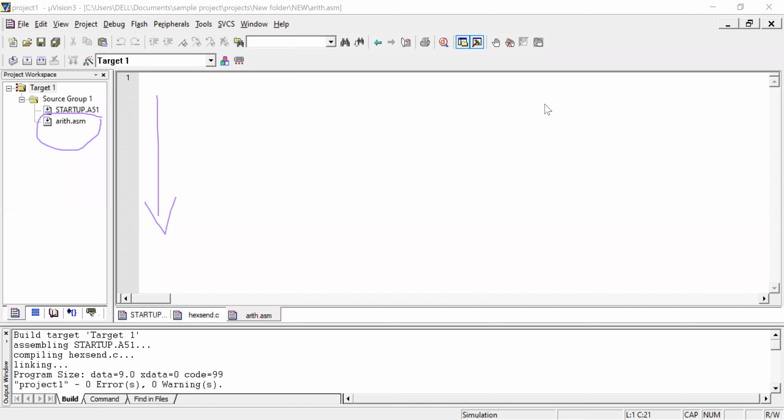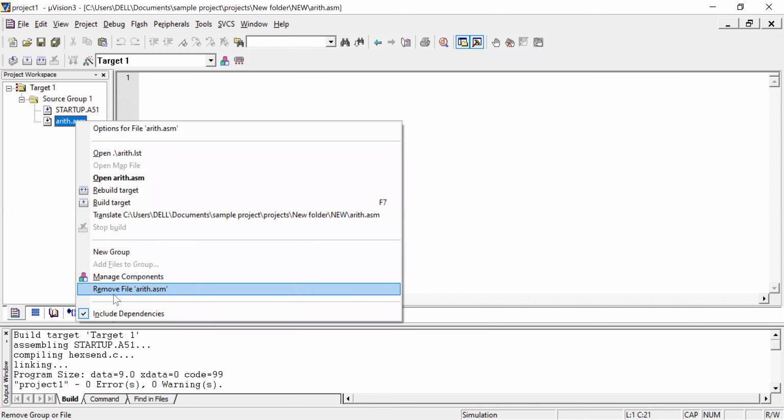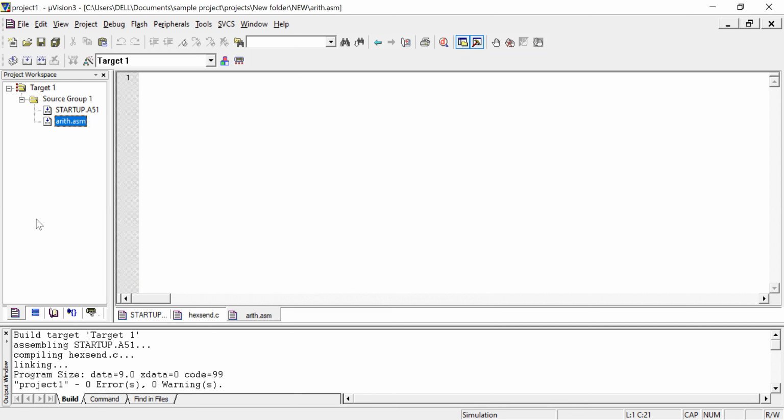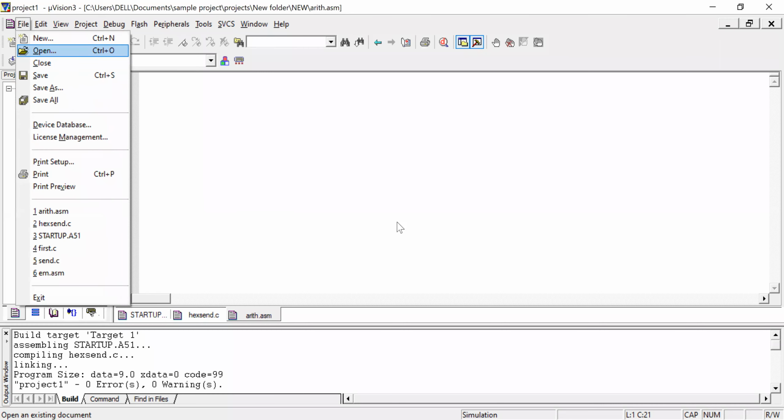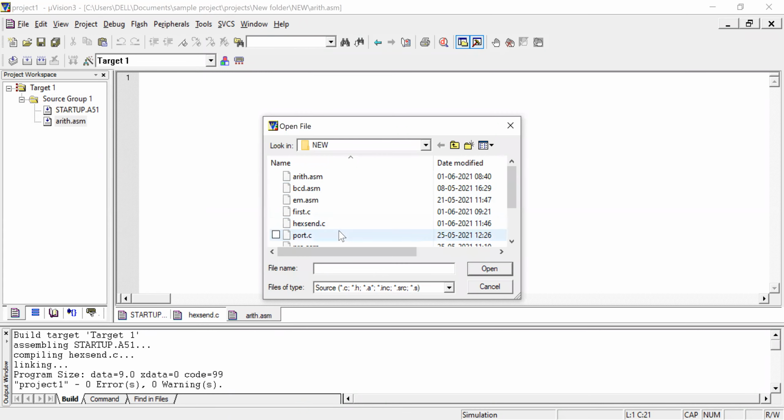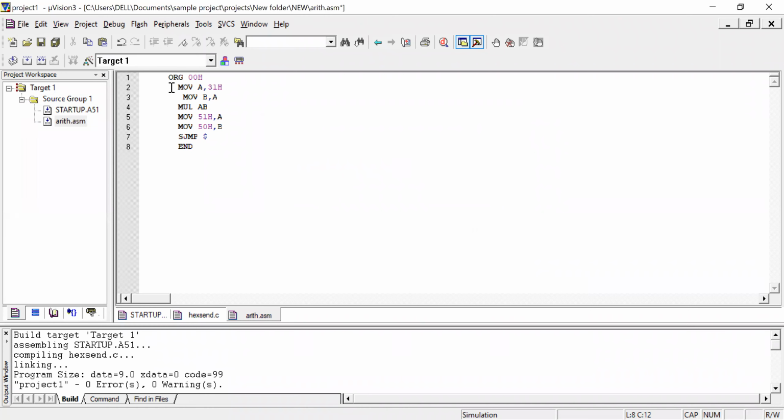If you want to remove it, right click and remove the file. If you want to add, go to File, open the file, ASM or .c, and you can add it. That's it, so this is a simple program.